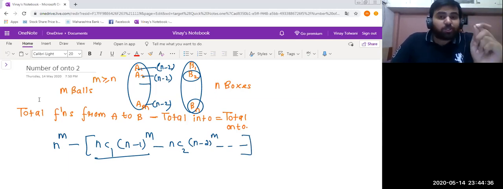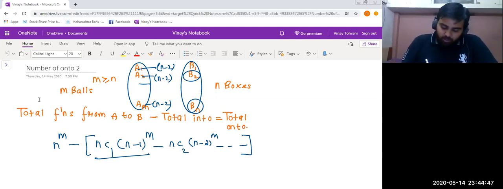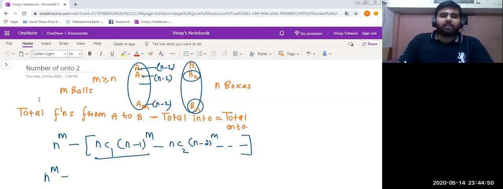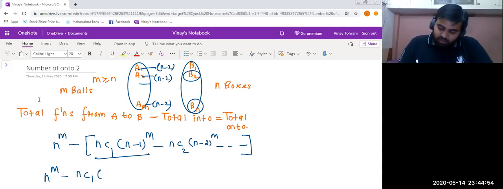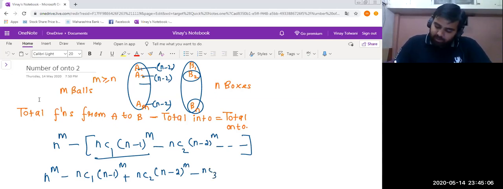Friends, this is also called the inclusion-exclusion principle, which we have studied earlier. So the final formula for the total number of onto functions will be n to the power m minus nc1 into n minus 1 to the power m, plus nc2 into n minus 2 to the power m, minus nc3 into n minus 3 to the power m, and so on.